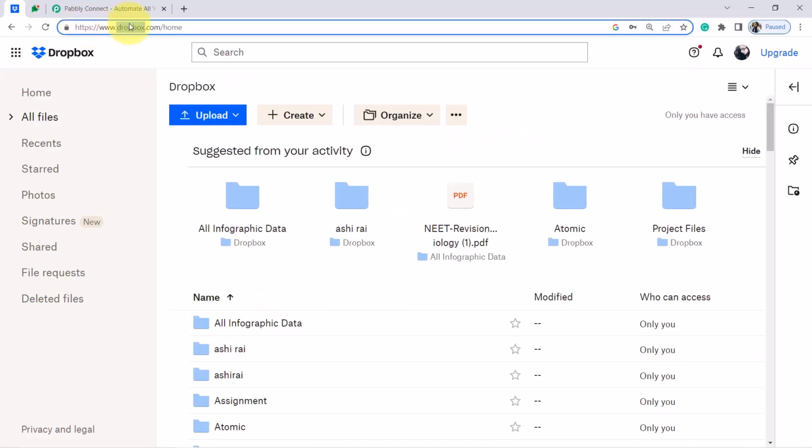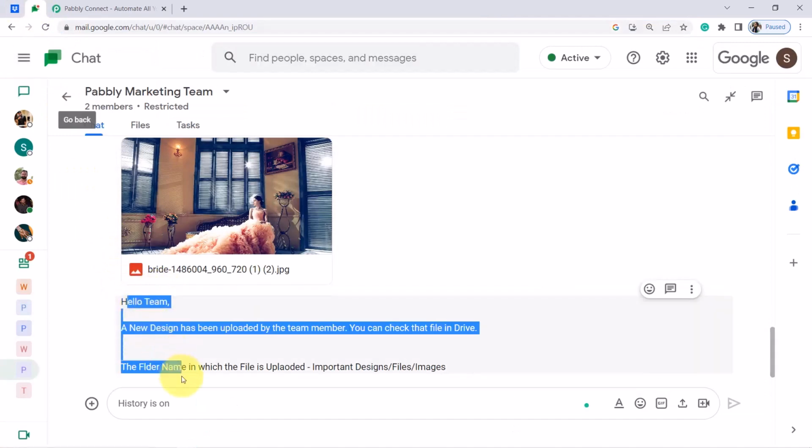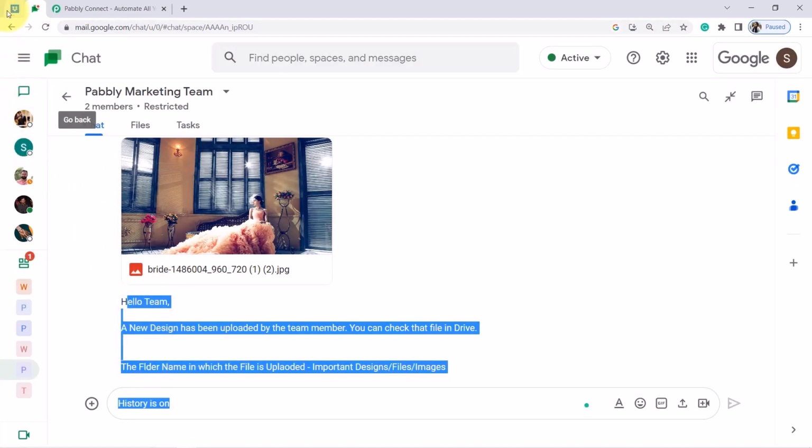So this is my Dropbox application, and assume that my team member always uploads the data into this particular folder. I want that every time he has uploaded the file successfully, I should get notified automatically on Google Chat. But for that I'll have to integrate Dropbox and Google Chat, and I'm going to do